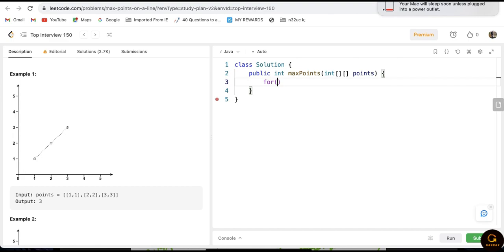I will say for int i is equal to 0, i less than points.length,